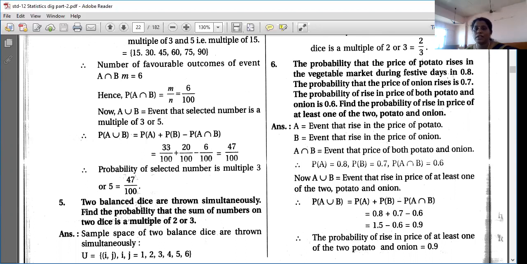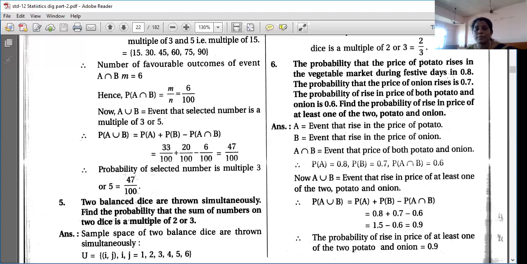Same formula, P of A union B equal to P of A plus P of B minus P of A intersection B. See, here I am giving the solution. That's why you are thinking that it is very easy. But you have to understand from the question. You have to read in probability. You have to read the question 1 or 2 times. Okay? Then only you will come to know what is actually given in the question. Don't be confused or misinterpret all the things given in the question.